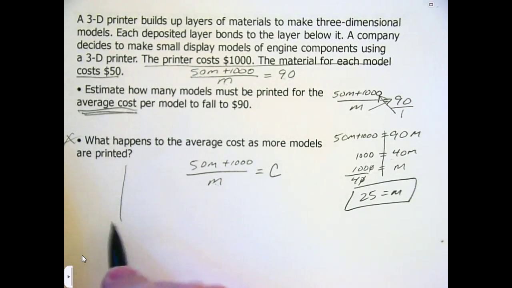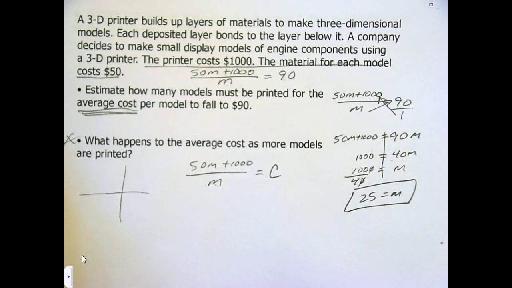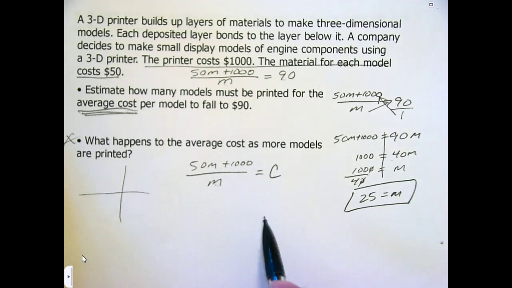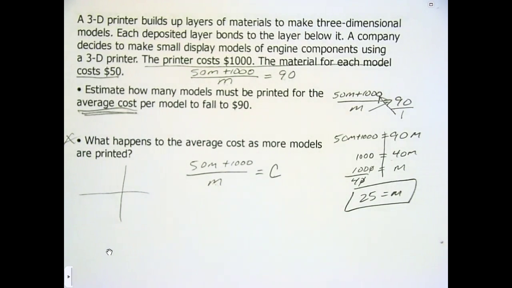if we were to graph this real quick, where would your horizontal asymptote be? It would be 50. We'll talk about how to identify that a little later today. That's part of our lesson. But if we were to graph this on a graphing calculator, our horizontal asymptote would be 50. So if you have a calculator, go ahead and plug that in real quick, just so we can see the picture of